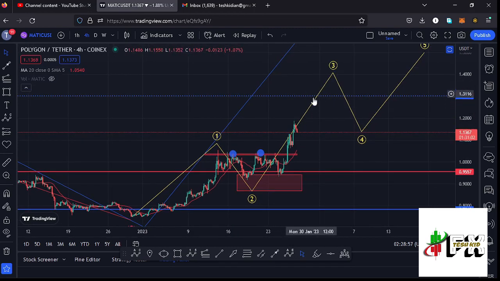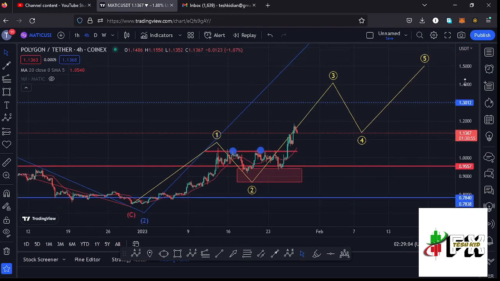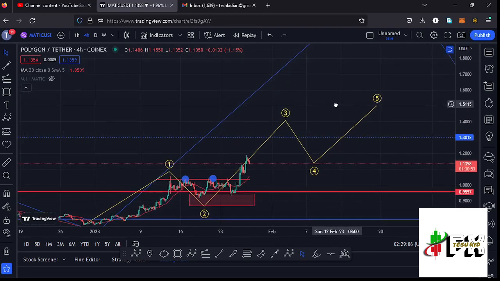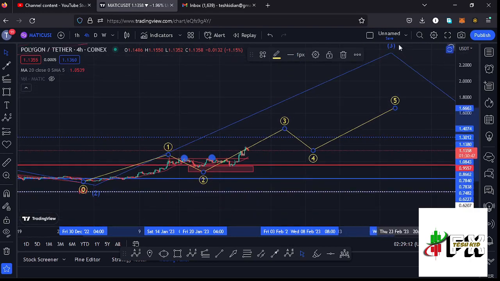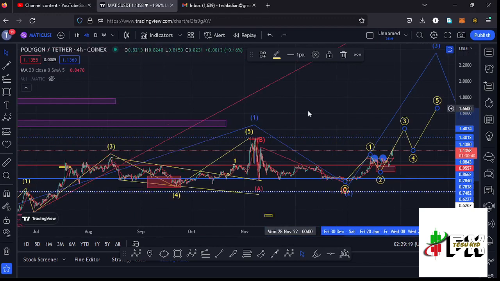And the moment we manage to break above the wave 1 high, that will be enough confirmation that we are back in the formation of that higher Elliott wave count 3. And in the formation of that wave 3, once we see the formation of this wave 5 of this Elliott wave structure, which is a fractal wave within the formation of that wave 3, then that will be completing the formation of this Elliott wave structure right here in blue,